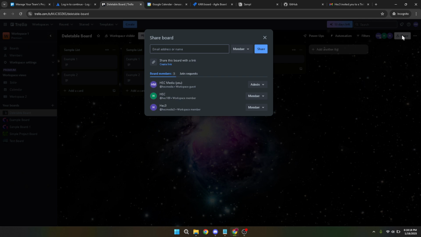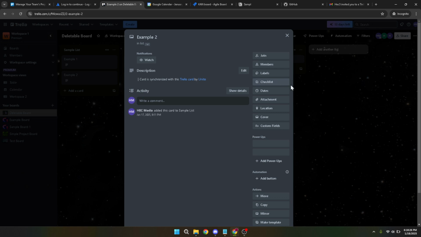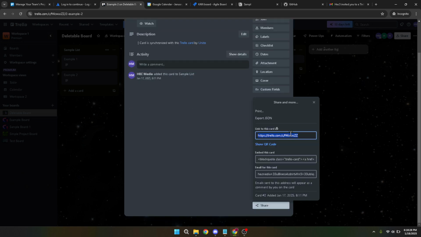Here's a quick tip. Sharing options can be particularly useful if you want to collaborate or communicate specific tasks to colleagues or stakeholders outside of Trello. In the Share menu, you'll find a section where you can copy the link to that particular card. This link is your gateway to interconnecting cards across different boards. Click on Copy Link to this card, and now that unique URL is saved to your clipboard.